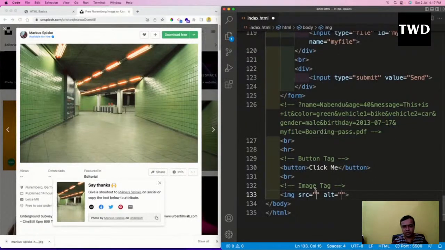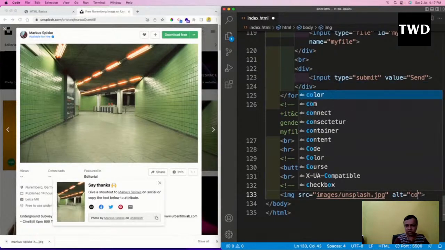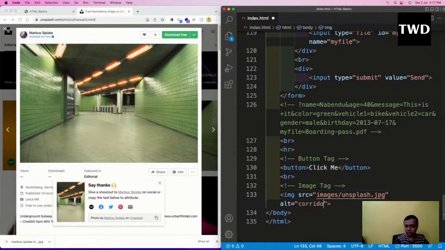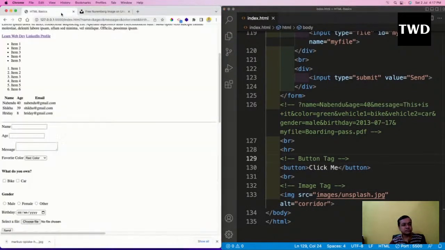Now how to show it? So you'll go here and do a src images slash unsplash, whatever is the name, and I will write alt, it's a corridor. So I'll write and save it. Now see,